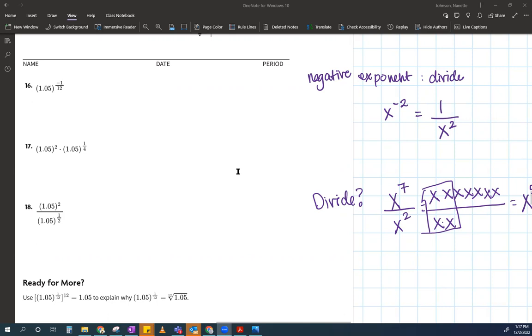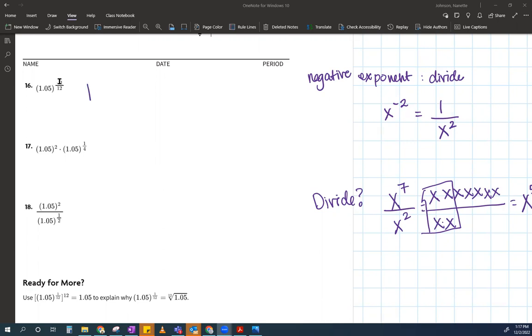So how do you do this one? What does this negative exponent mean? It means to divide by this factor. Very good. So we are going to write